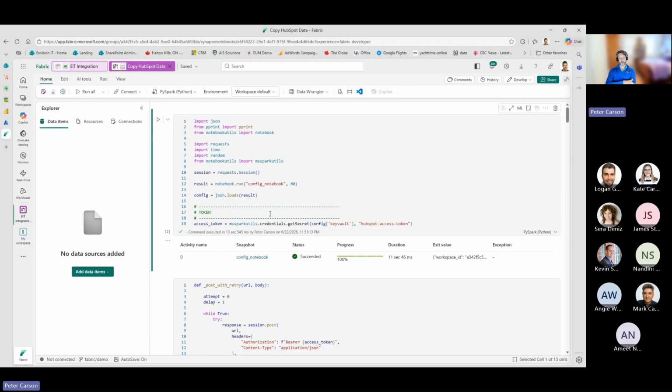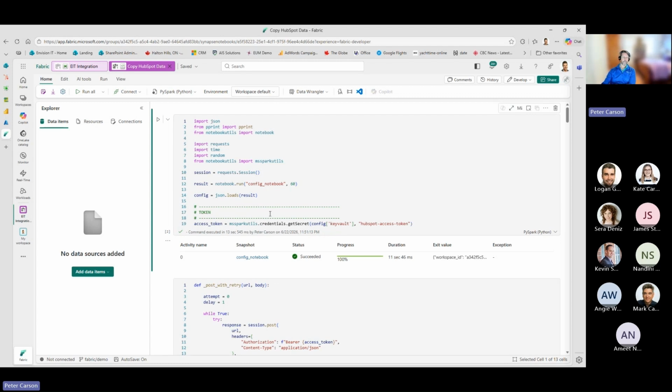I'm not a Python developer, which is the language that this is in. I knew nothing about this when I started working with notebooks 2-3 months ago. Same goes for Tom and Guri, two of our senior developers. We've all relied on GitHub Copilot and M365 Copilot to help us build a lot of the code here. It's not that we let it vibe code and we don't even check what it's doing, but looking at a blank slate and not knowing where to start and saying, hey, I'd like something to do this in Python and have it give a sample script and then refine through a lot of iterations is actually a really productive way of building this out.